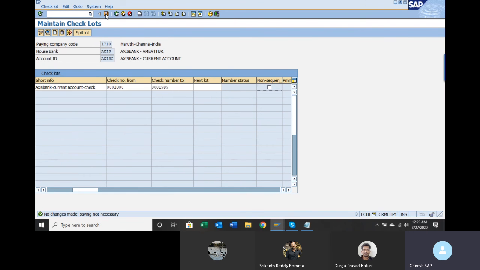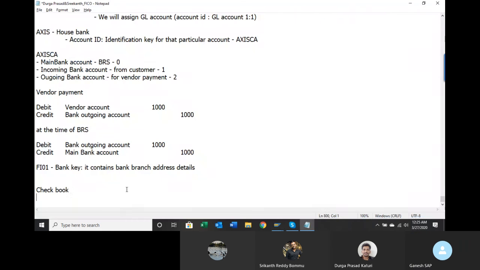Fine. So up to this it is clear. In the FBZP configuration, I told the system that the vendor must have a bank account number, and only then can payment be sent to the vendor. So two things you have to do: once the checkbook is created, maintain the bank account number and the payment method in the vendor master.